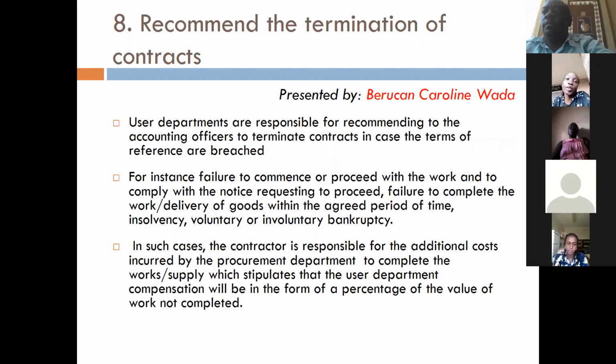The next point is that the user department is also responsible for informing the accounting officers to terminate the contract in case the terms of reference are not valid. For instance, failure to commence work, failure to complete work, or deliver goods within the agreed period of time. And usually in such cases, the contractor is responsible for the additional costs incurred by the procurement department, usually compensated in the form of a percentage of the value of the work not